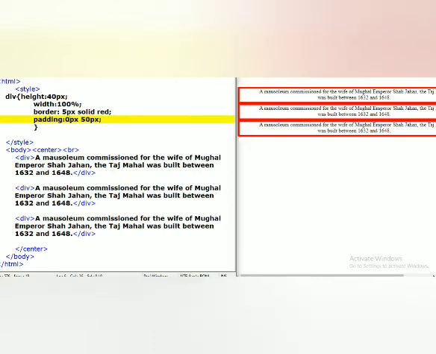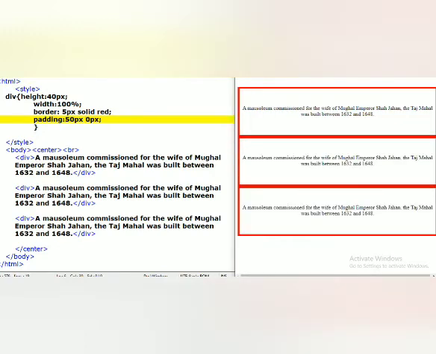Now I will make the first value 50 and the next value 0 pixels. Here top and bottom 50 pixels it applies, and left and right side it removes the padding size.